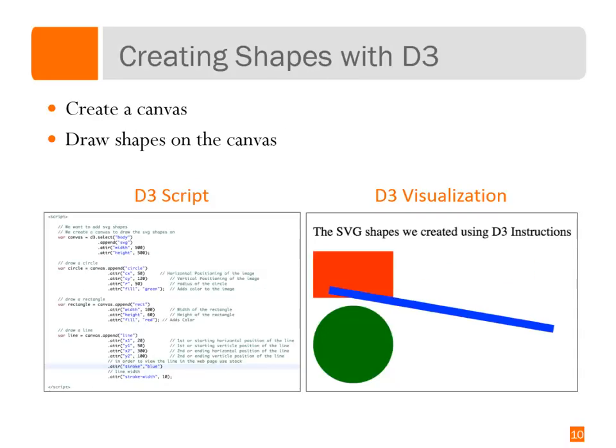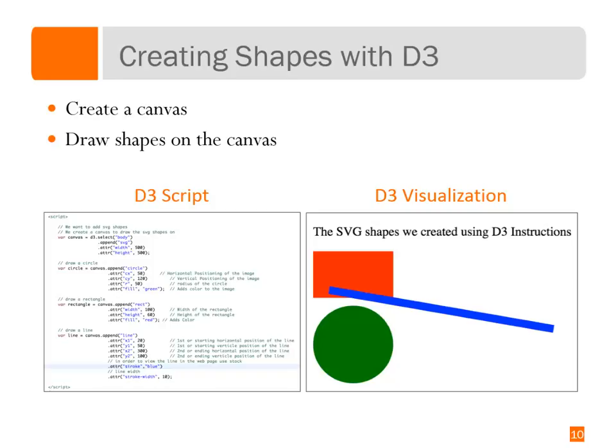Now, coming a little bit closer to what we want to do in data visualization class, we want to create shapes with D3. So that's our whole ball game here. The first thing we may wish to do is to create a canvas. If we look on the left-hand side in the D3 script window, underneath the green code comments, you'll see the first line in purple and black that says variable canvas. So we're defining a variable called canvas. Then we engage the D3 instructions, D3.select. We're going to select the body code. We're going to append